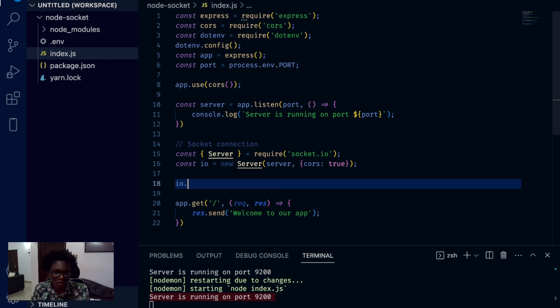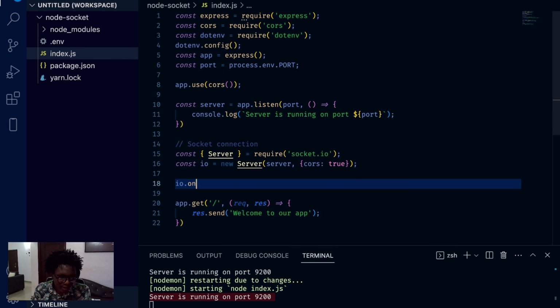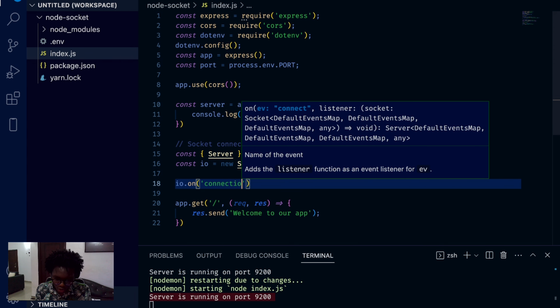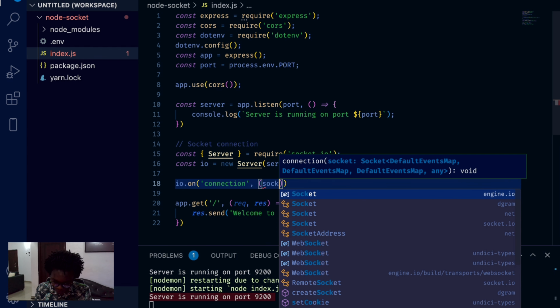So now the first thing we'll be doing here is we've been able to create the variable, and the next thing here would be using the on method inside of socket. So there are several methods that you can find inside of the IO, but for our case, we're going to be using the on, and we're going to be saying when you notice a connection, which means when there's a connection,